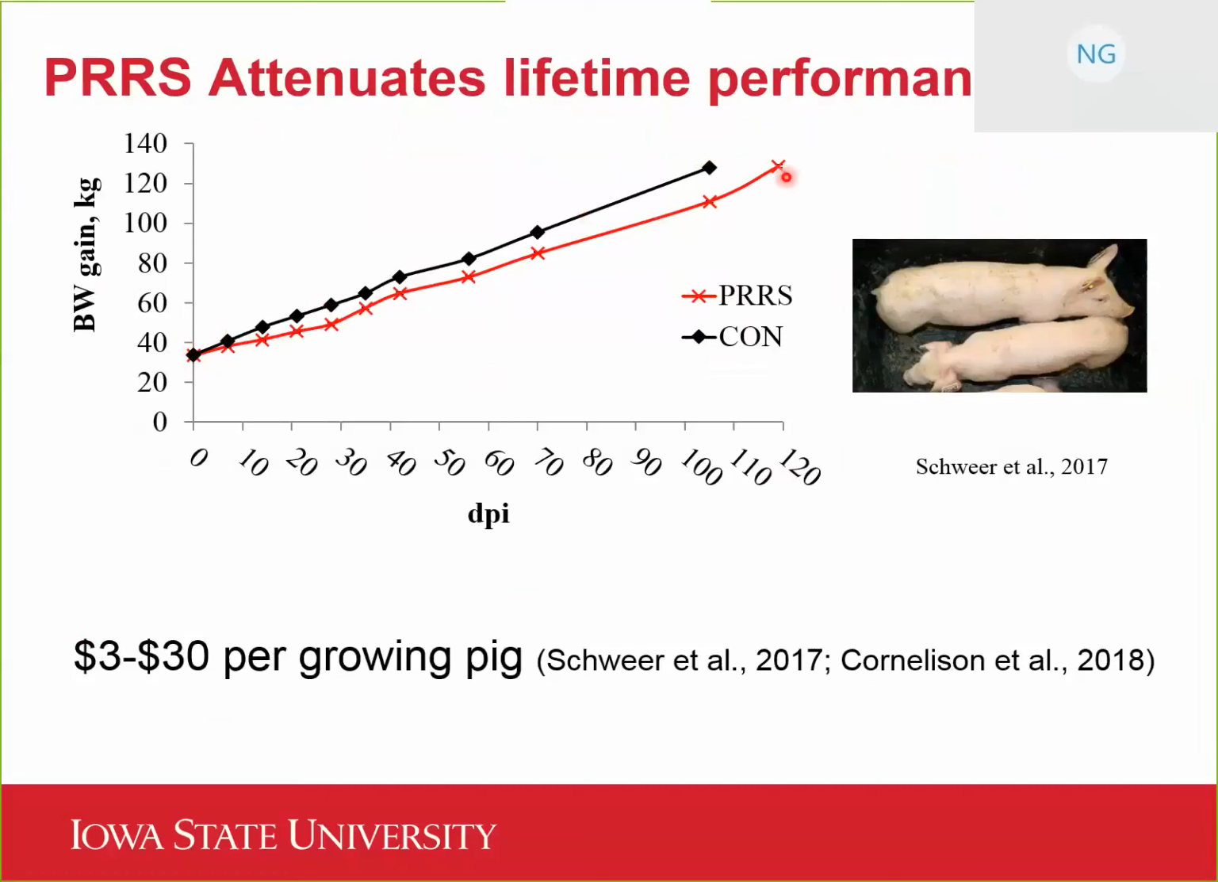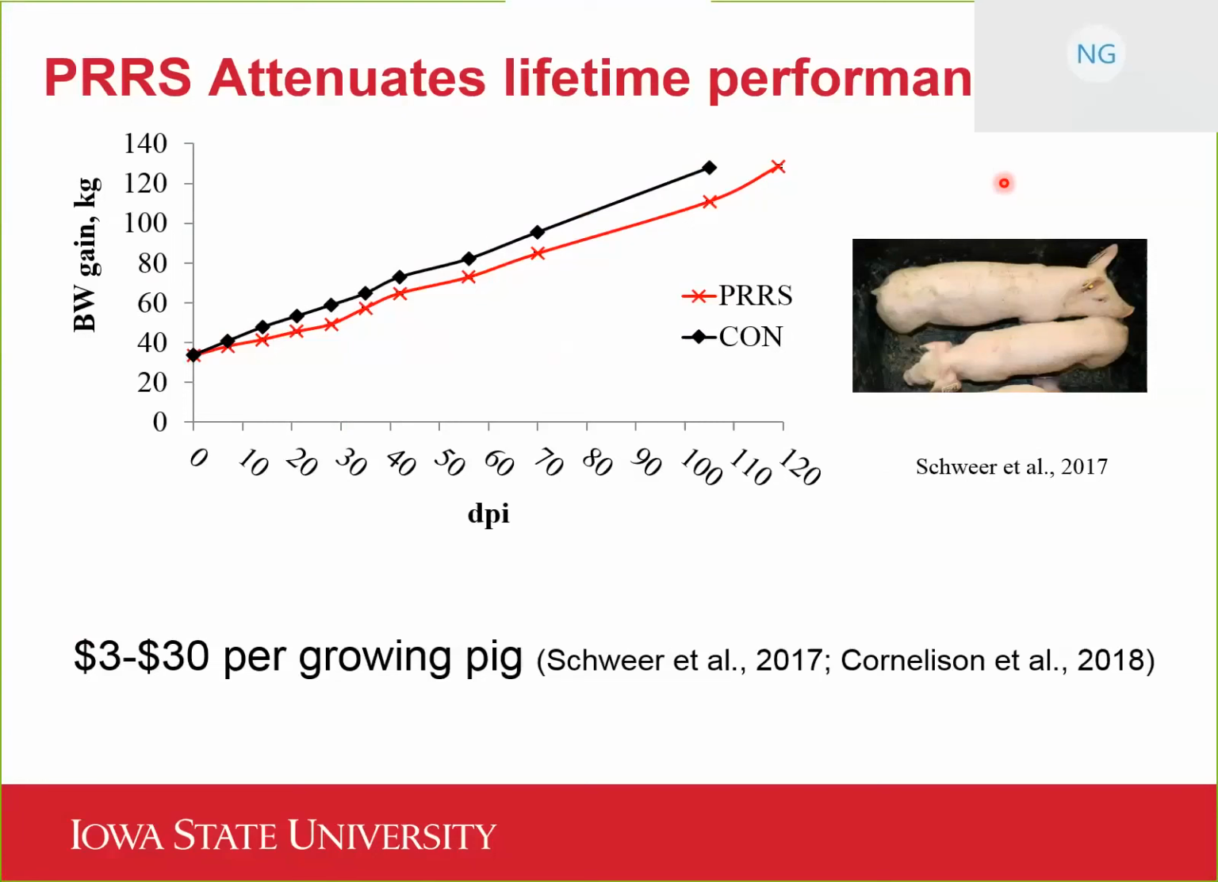It took our PRRS challenge pigs about 14 extra days to get to the same body weight, so the same market weight of about 127 kilograms. And then we and others, Wes Schwer was the PhD student working on this work, have reported that if we do napkin math, we estimated that this PRRS infection model in this set of pigs, and these were maternal line barrows, cost anywhere between $3 to $30 a pig,